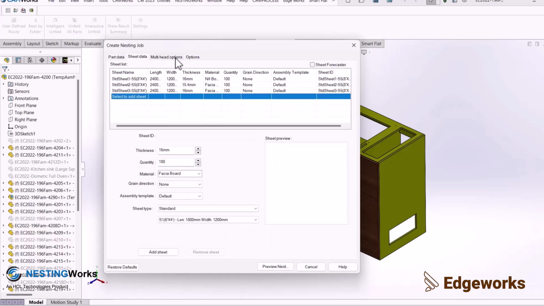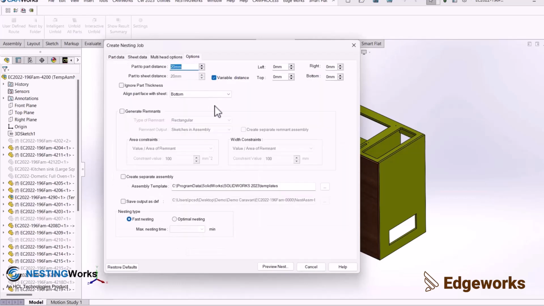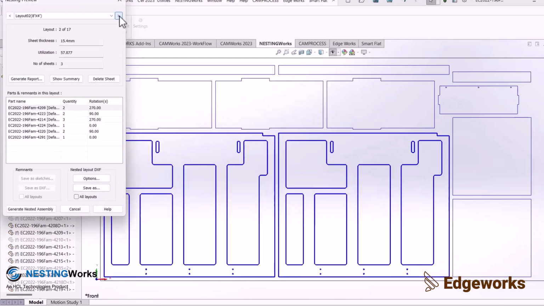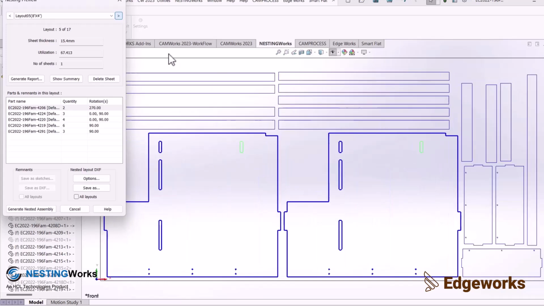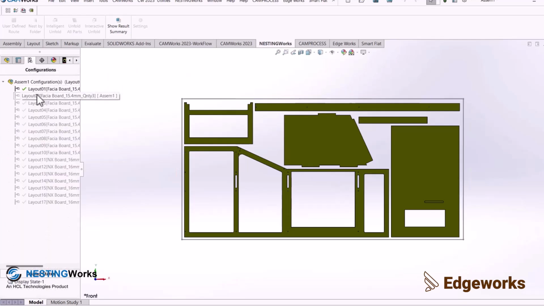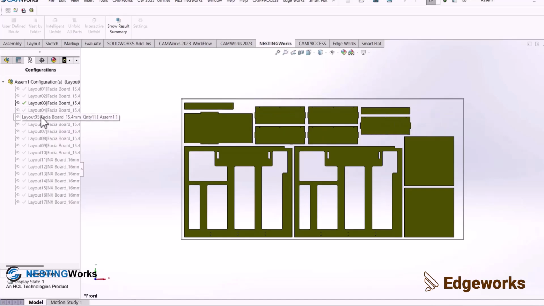NestingWorks is a specialized tool that integrates seamlessly with SOLIDWORKS, focusing on the efficient nesting of parts. It arranges various shapes on a sheet or plate in the most optimized layout, ensuring minimal waste and maximum material utilization. This is particularly useful in woodworking, where efficient use of materials like plywood, MDF, or other wood products is